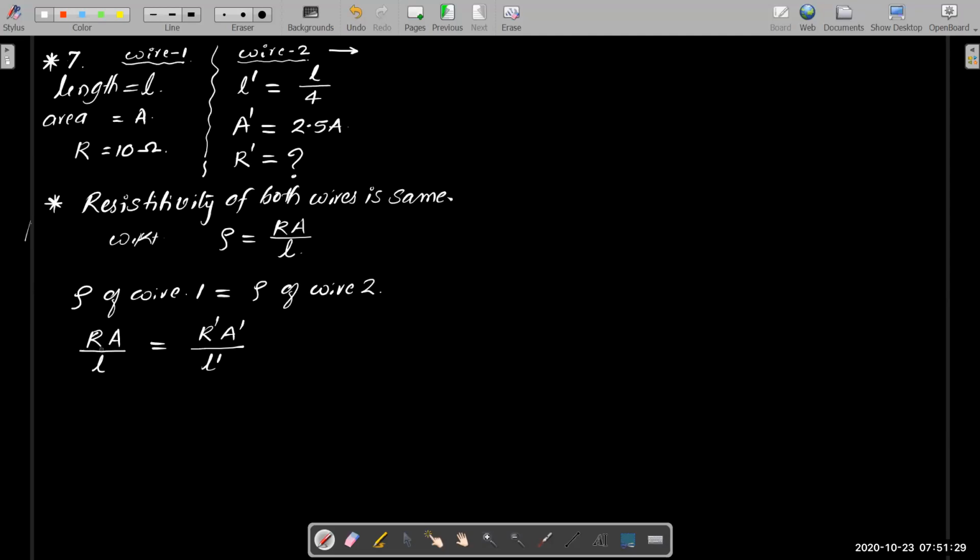This R is 10. We don't know A and L, keep them as they are. This R dash I have to calculate. A dash is 2.5 times A and L dash is L divided by 4, because they are given in the problem. Now you make a small change there. That is 10A divided by L is equal to